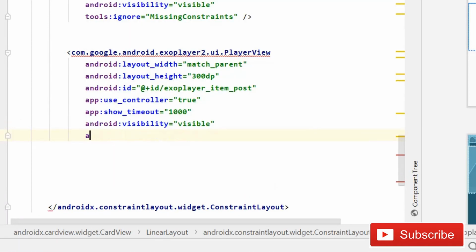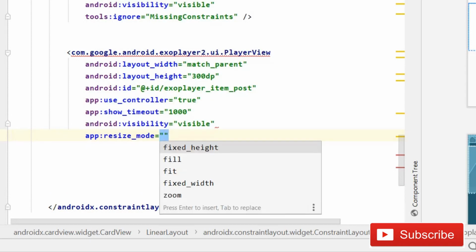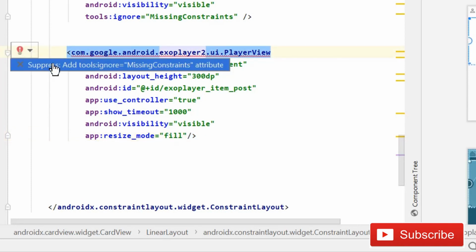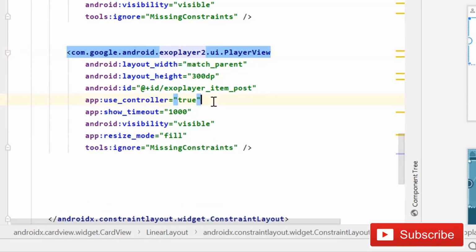Then resize mode, that will be fixed height. You can give fill, fixed height, whatever you want. And after this guys, now we have this ExoPlayer, so you can again click on this, then suppress tools, understand. So now you can see that the